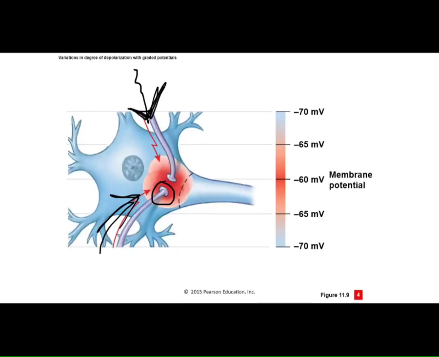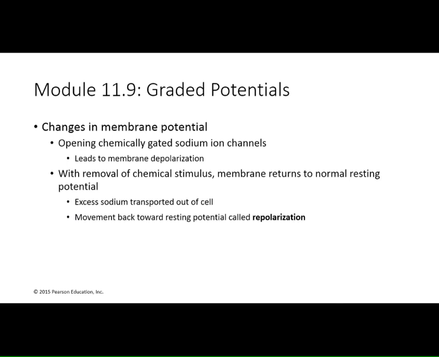Do you agree that in that local environment, the hot red area, there's going to be a lot of changes because a lot of sodium channels have just opened up. So in that localized area, there's a big effect. And if enough of these signals come in, then you start having a larger effect in the overall neuron. We're really close to that axon hillock. Okay. And you see the membrane potential, right at rest, -70, and the more disturbance there is, the redder it is, the more we're changing the membrane potential, and we see that it's drifting upward. Well, imagine we just keep doing that. We just keep doing that, and